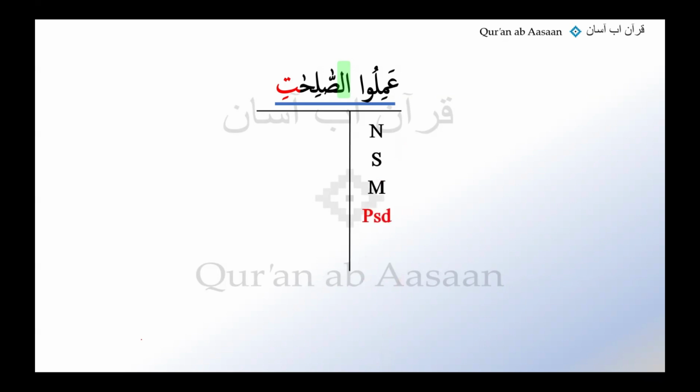What about the case sign? Is it rough? Yeah. We are sure about the case sign of this. What is the case sign of this, Amilu? What have we learned? Okay, so a lot of people are saying rough, so I'm gonna write rough here. This one, you are sure that this would be jar. I mean, nasb and jar, but we can potentially cut the nasb, and because it's a possessed noun, it could be jar, and that would be making it a murakkab idafi.